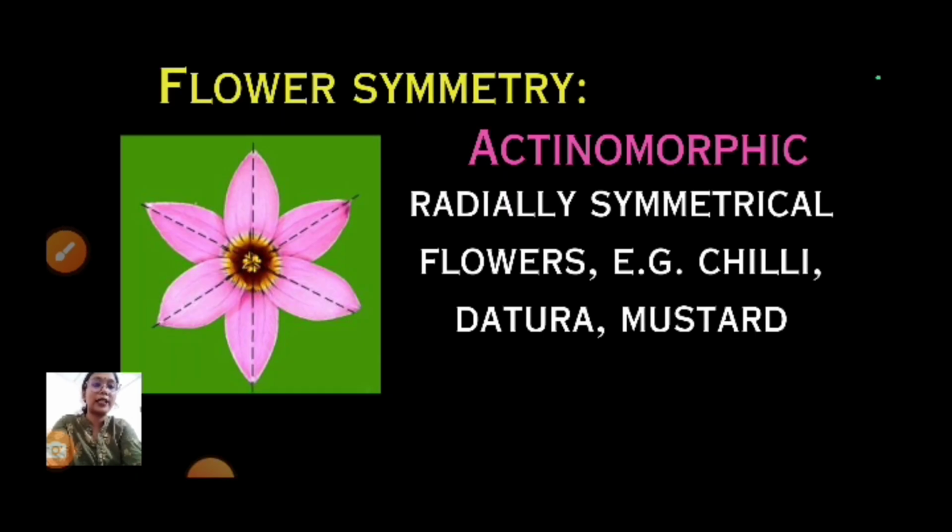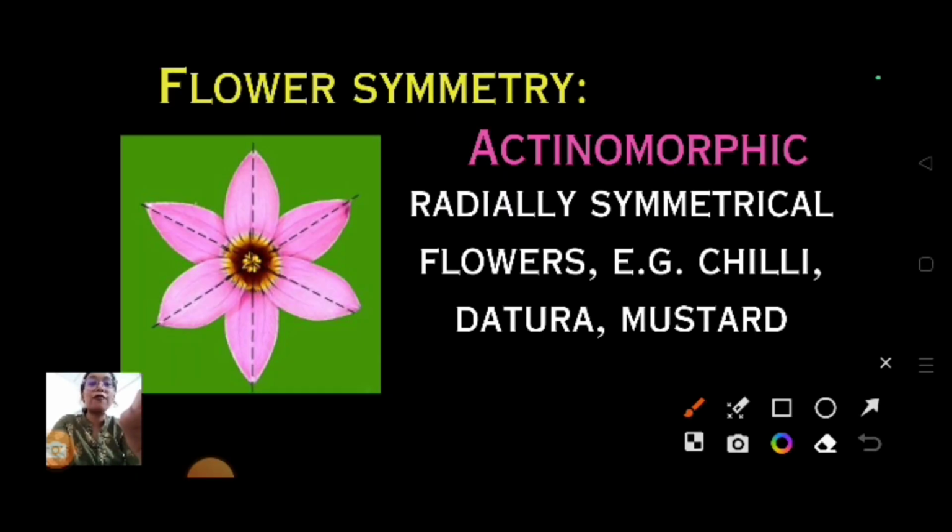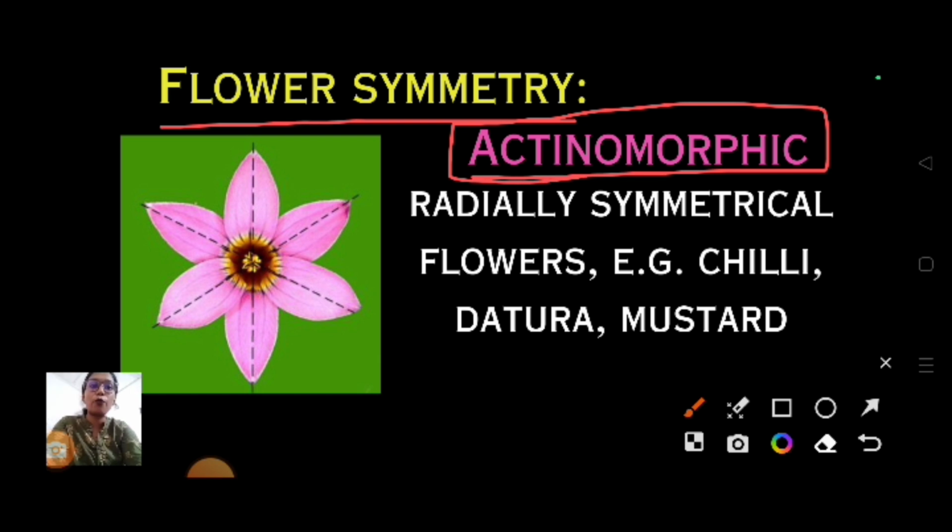Okay, then moving on to the next slide, we'll see now flower symmetry. The flower symmetry is basically of two different types, like in animal symmetry we have done. So in flower symmetry we'll see actinomorphic symmetry. Actinomorphic symmetry is more like a radial symmetry, means whenever you divide a particular flower in more than one plane,